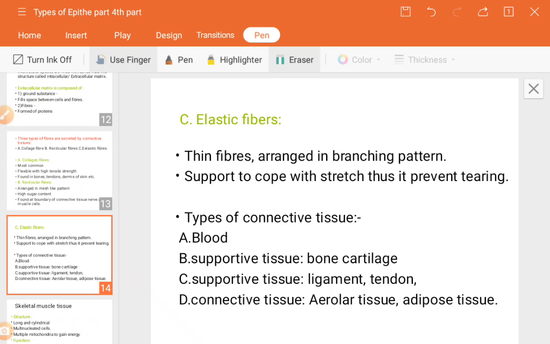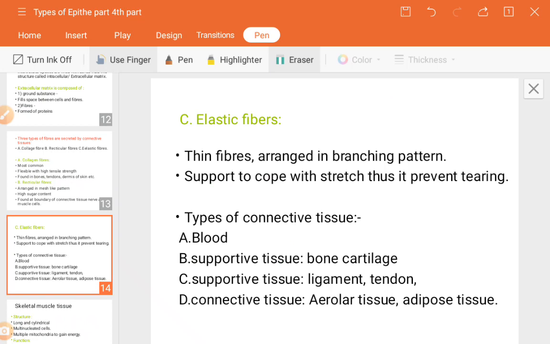Mostly, if you have observed people who exercise daily, who do yoga, they can stretch their body very softly, because they have daily experience of those things, so their body has also become accustomed to them. So the elastic fiber helps in stretching, and it never leads to tearing, meaning no harm will be caused to their body parts.